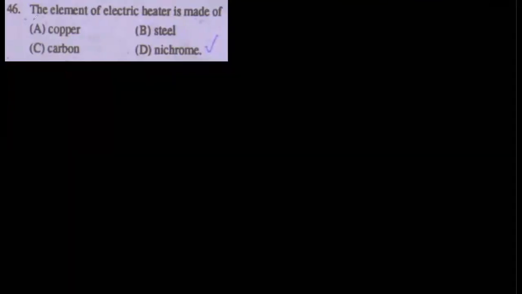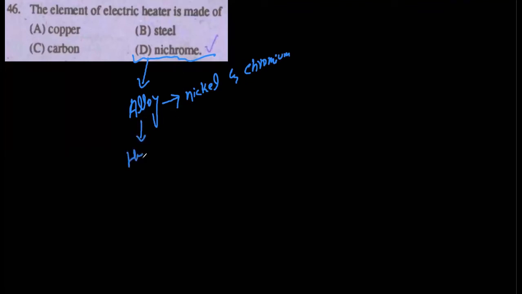Okay, next MCQ is: the element of an electric heater is made of copper, steel, carbon, or nichrome. So that is nichrome. Actually, nichrome is an alloy. Alloy means it is made up of two or three metals. And which type of metal? One is nickel, and the second one is chromium. So from these two combined, we get nichrome, and it has very high resistance,